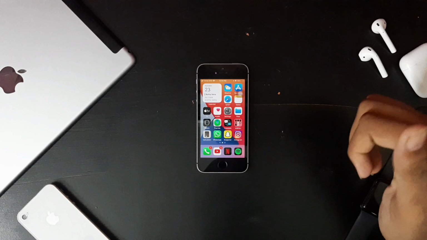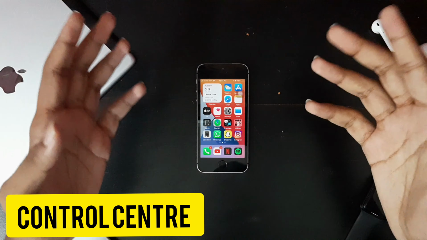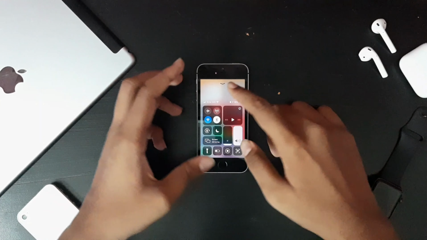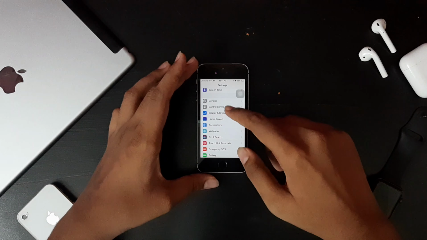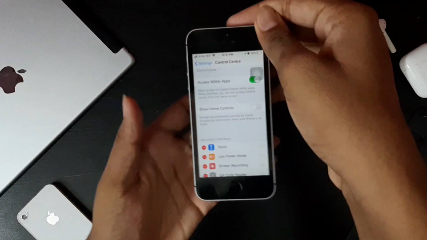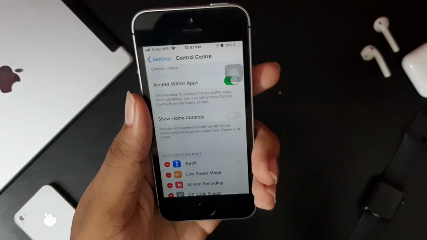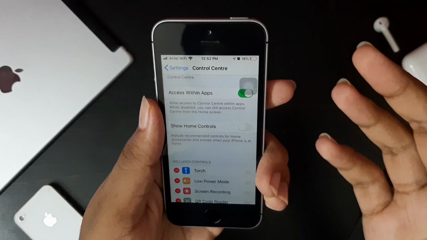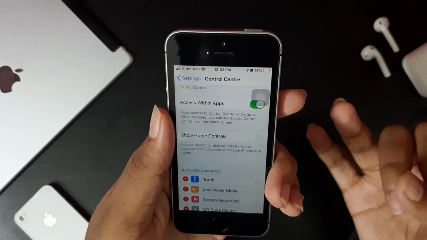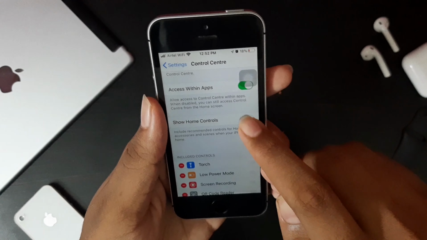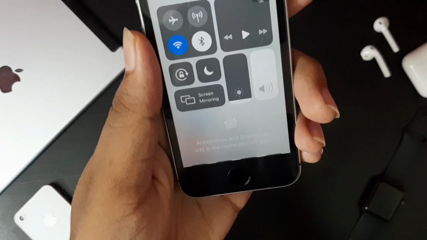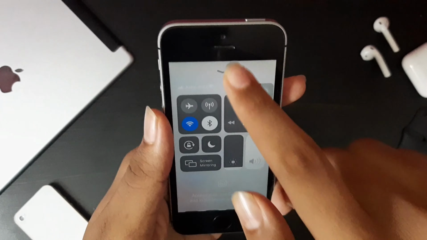So let's move into the control center. The control center is all new. As you can see here, it is as old as iOS 13, but if you go to settings and go to control center, you have home controls over here. Let me show you. Basically, if you have any smart home appliances like HomePod, smart lighting, smart cameras, etc., you can just enable it. And if you go to control center, there are home accessories and scenes in the app.